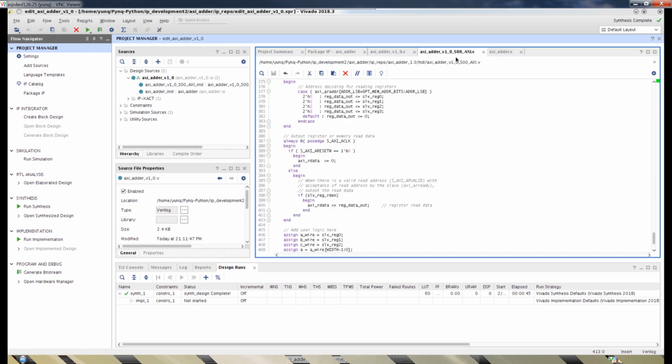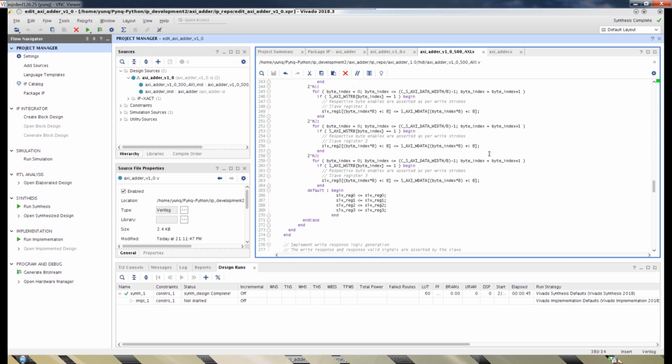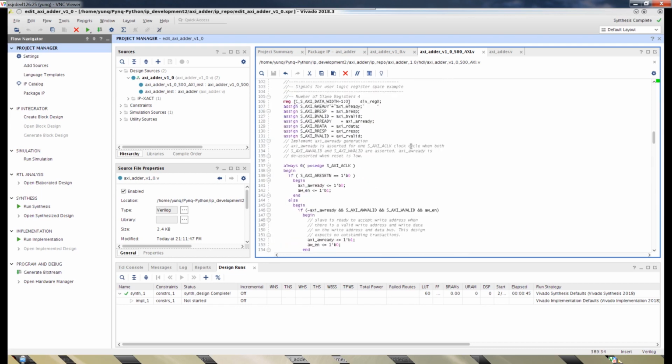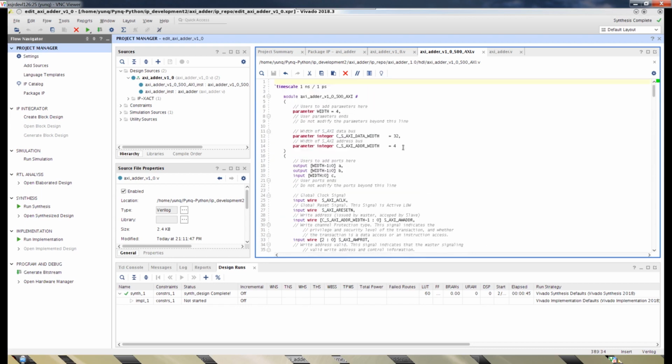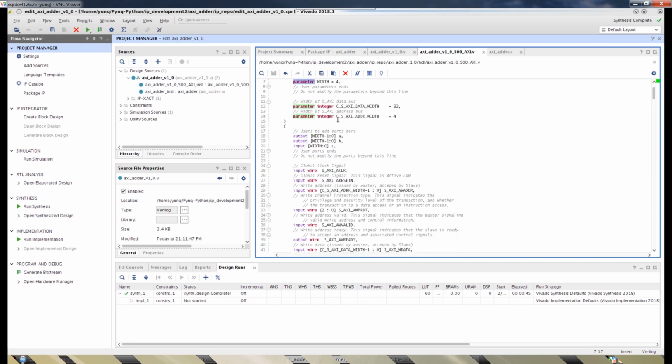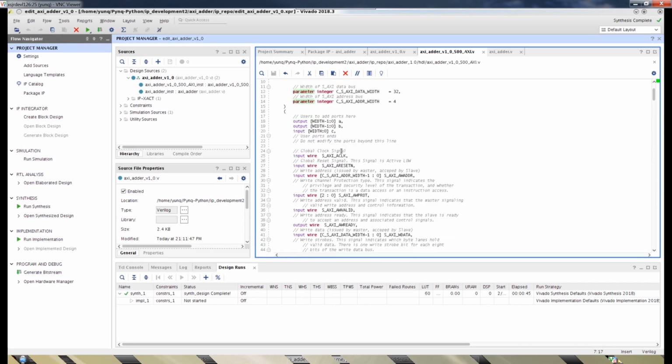Then, when you package it to the IP based on the interfaces you chose, Vivado will create some relevant code for you to modify, and then you need to add the parameters that you want to have for this IP, at least for this interface,